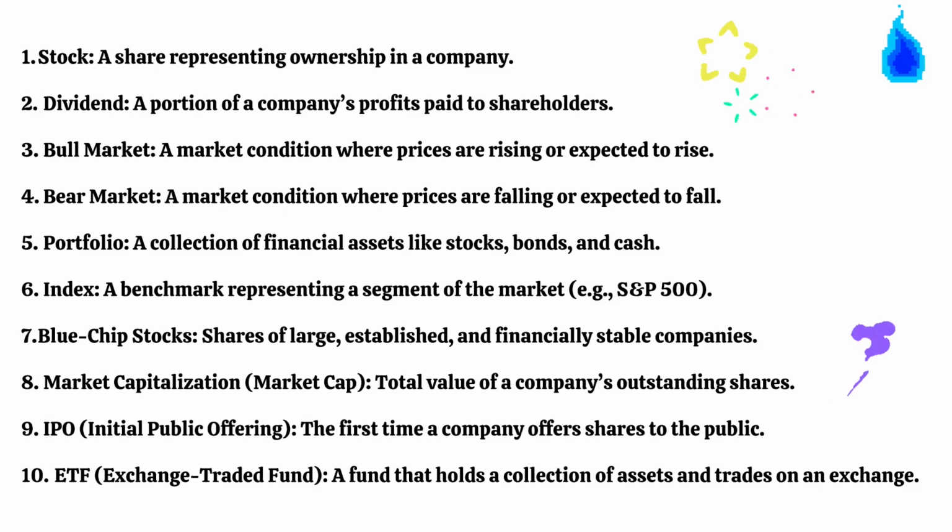Number one, stock. A stock is a share representing ownership in a company. So obviously a company will issue out, let's say, 10 million shares, and then you buy a few shares, because these are massive companies. The amount of shares you have is a direct representation of the percentage of the company you own. So you have partial ownership in any company if you buy stocks within that company.